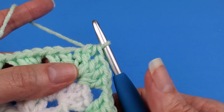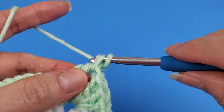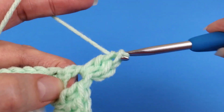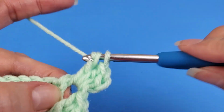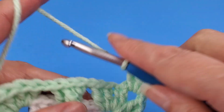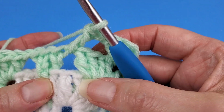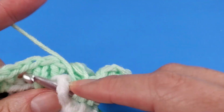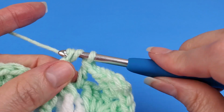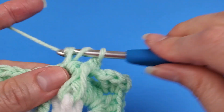We continue round 4 with the same color, so I'll do a standing double crochet stitch into that chain 2 space. Put 2 more double crochets into that same chain 2 space. Chain 1. We skip the next 3 double crochets and work into that chain 1 space with a double crochet, a front post treble crochet 2 rounds down around that second double crochet stitch, put 1 more double crochet into that same chain 1 space,